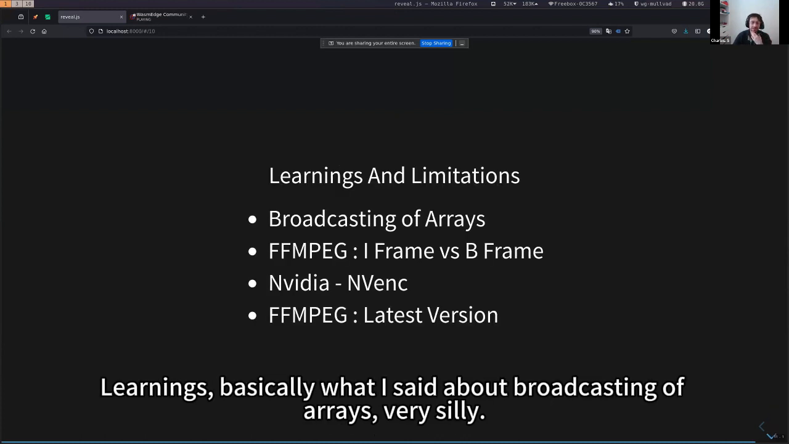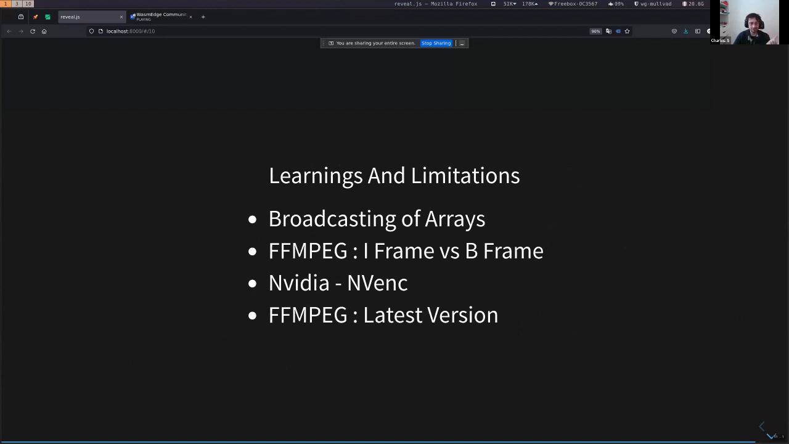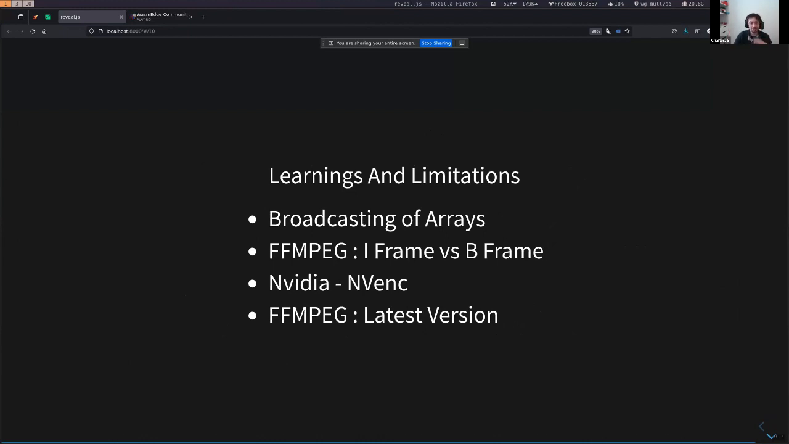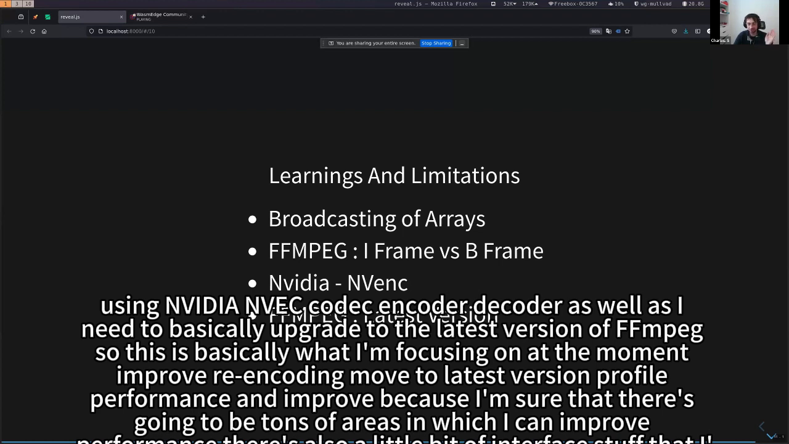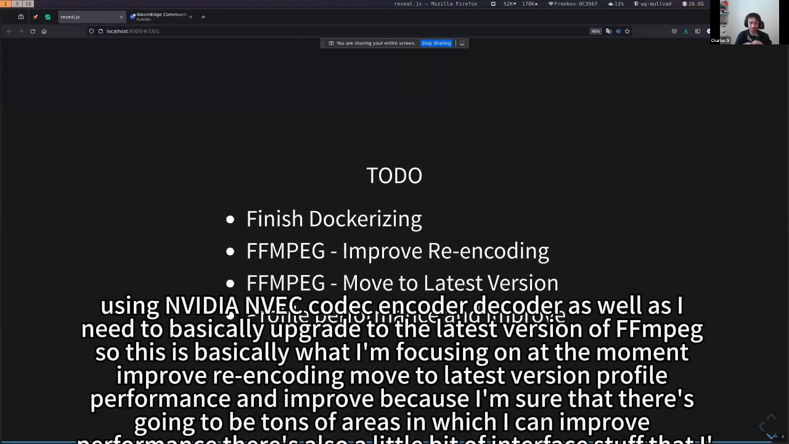Learnings, basically what I said about broadcasting of arrays, very silly. iframe versus bframe and trying to re-encode packets properly. And the issue was a timestamp issue. There's a presentation and a decoding timestamp, and those didn't match when I was trying to re-encode the video back into a normal video container, a video file, using the NVIDIA NVENC codec, encoder, decoder, as well as I need to upgrade to the latest version of FFmpeg. So this is what I'm focusing on at the moment: improve re-encoding, move to the latest version, profile performance and improve, because I'm sure there's going to be tons of areas in which I can